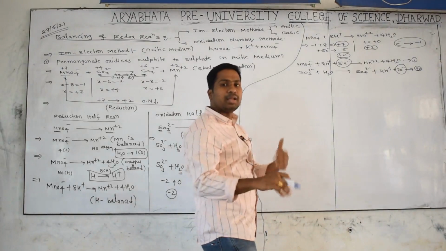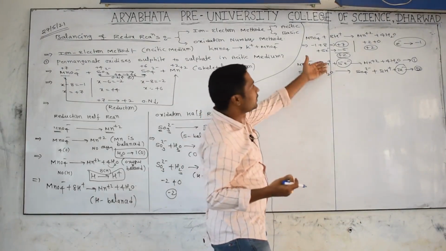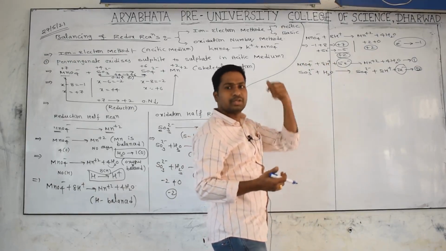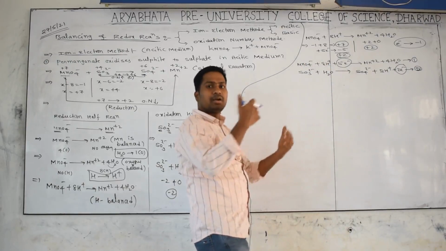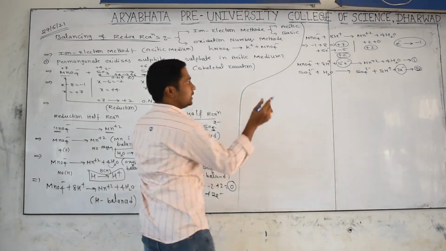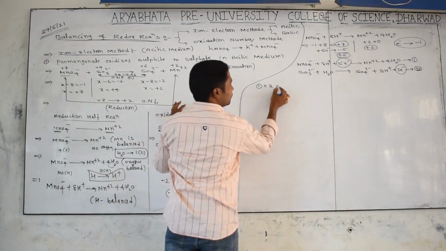It simply means that however many electrons are lost, that many electrons have to be gained in the reaction. Here 5 electrons are gained, but here only 2 electrons are coming. We have to do some multiplication. For that, what has to be done, anybody? Yes, I will do one thing: equation number 1 into 2.